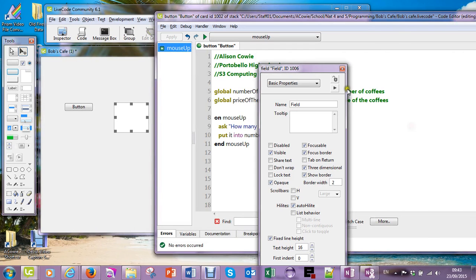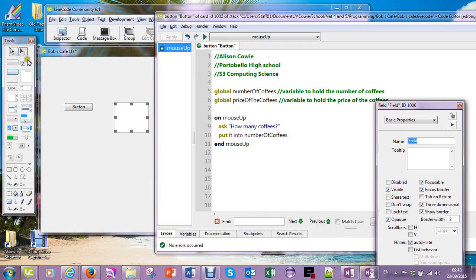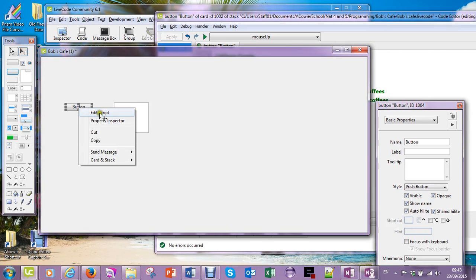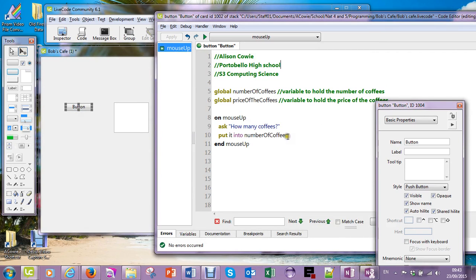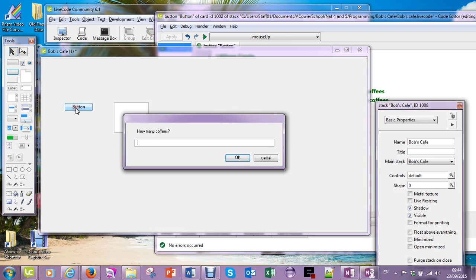So back to the program. And if you've lost this, you just go back, edit script. And I'm going to go in after here, and I'm going to ask the computer to put, Control C, Control V, put whatever's in that variable into field with the ID 1006. So I'll just save this, and I'll click on the button, type in 3, and that should get put